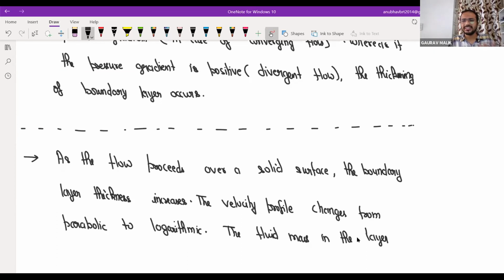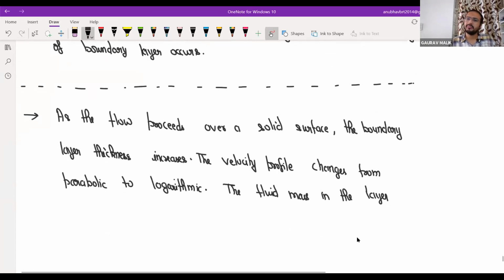I always use this type of language so that whenever you revise your notes, each and everything is clear to you. Otherwise, if I explain only at present, you are going through only fluid mechanics per day, only 2 hour classes, two topics. So every one of you is going to enjoy. But when you need to revise all these 10 subjects, it is not easy. And if you don't have proper notes, because in December you will not have so much time to open each and every standard book and revise.